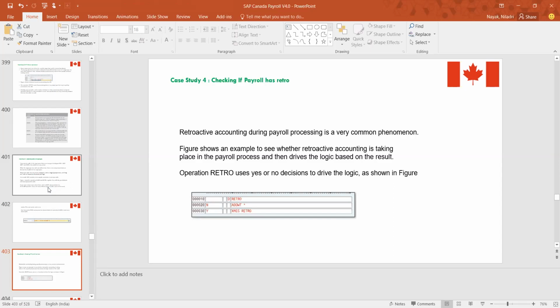Depending upon yes or no, suppose there is a condition: if there is a retro, then you have to do a certain function, you have to activate something. If there is no retro, then you add some other wage types. So this is again a scenario where you check inside your payroll if there is a retro, depending upon your logic. I'm not talking about the entire logic here. Suppose depending upon certain conditions you are driving a particular logic. In those cases you can use this retro functionality, or retro operation rather,